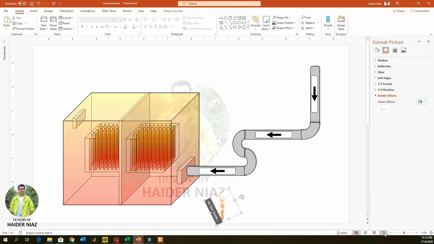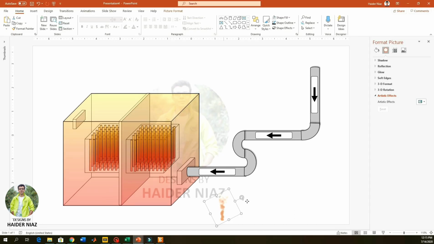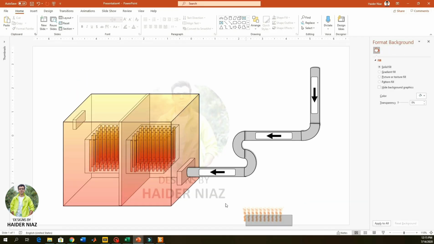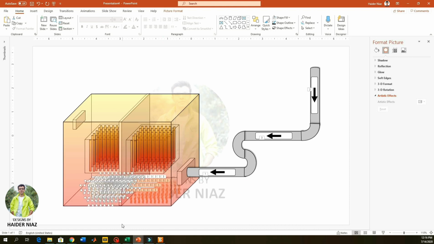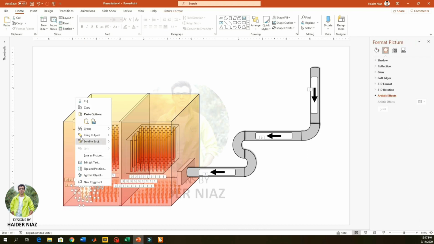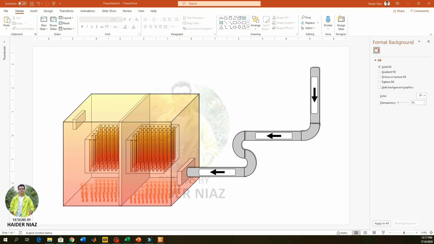Now what I'm going to do is I'm going to add small fire. So you can find a fire GIF online. You can also make your own, but I prefer to use online because it's pretty much easy and saves time. I'm going to copy them and repeat them in the same way which I used for the pipeline bundles. So what I'm going to do is I'm going to copy them a little bit more so that they are even and cover the whole space at the bottom.